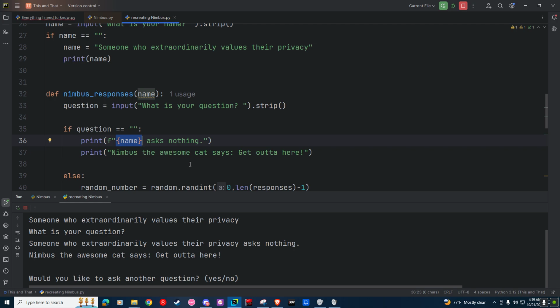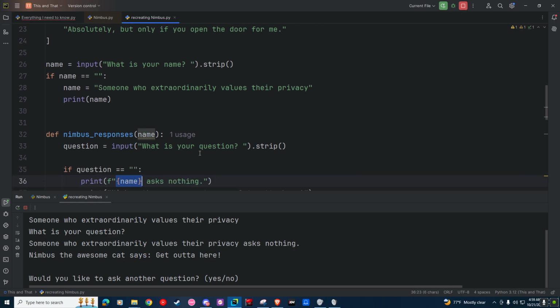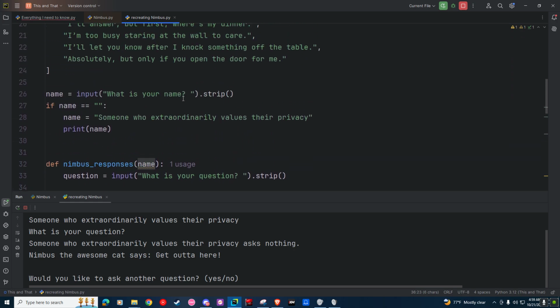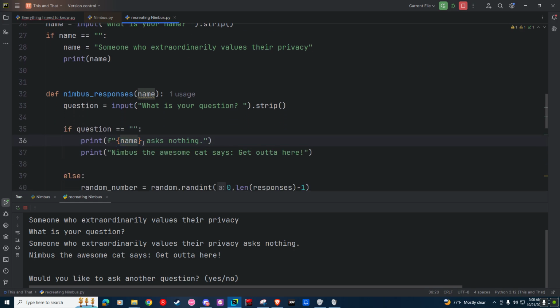What it does is, instead of typing the name of the person itself, and you cannot type that name because it was already defined using the input function before, right? When you ask the person what their name is, what you can do is just call or summon whatever name they've put, and then put it here. In order to do that, you need to put an f before the quotation marks, so that some of the items inside the quotation marks can still act as variables. They're not going to be treated completely as text or strings.